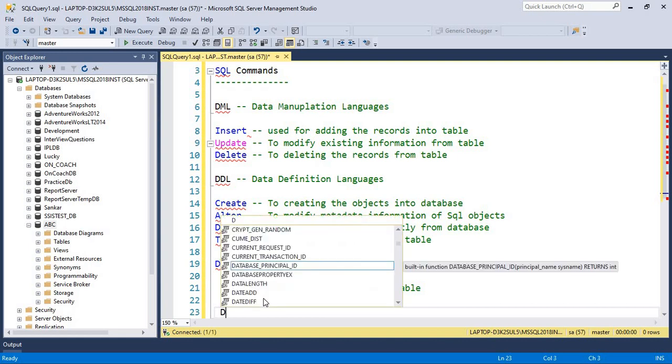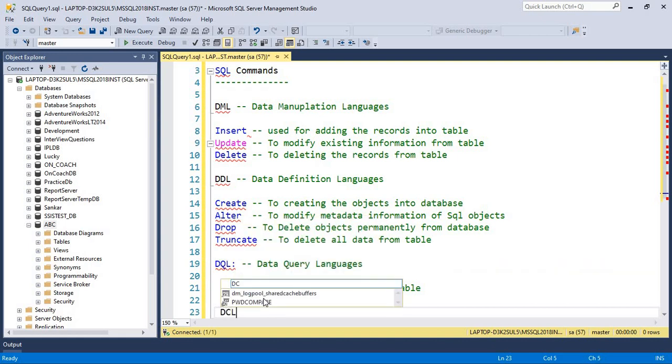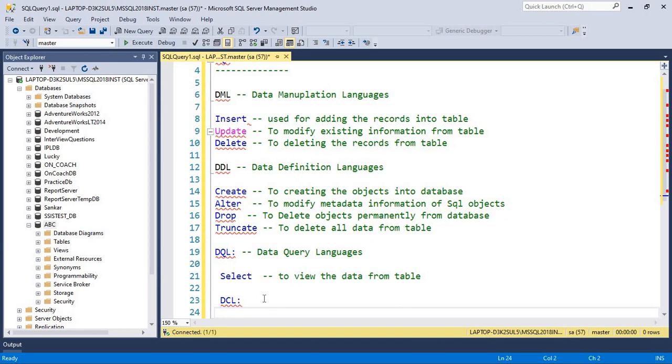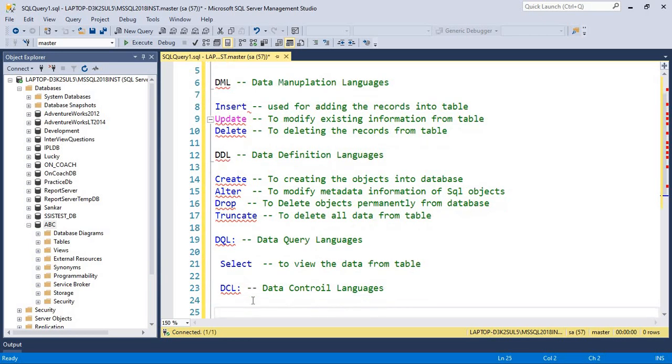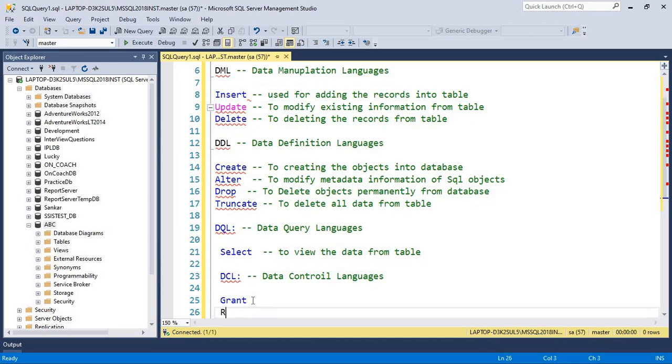Next one is DCL. What is DCL? DCL means data control language. Here we can see two commands, grant and revoke. Grant means to give permissions for specific objects or specific records or specific users.